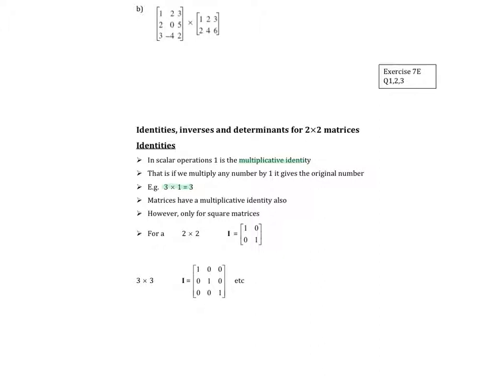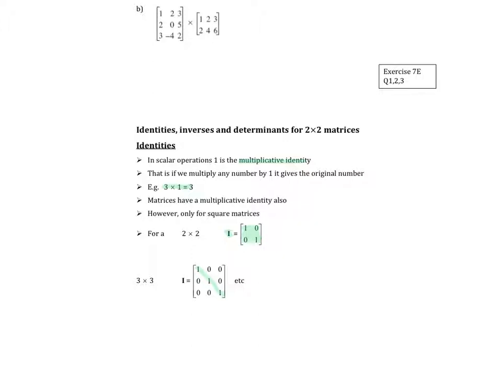So, the multiplicative identity for a 2 by 2 matrix is 1001. All right, that's what we call it, the 1001 matrix, and we give it the symbol I. For my 3 by 3 matrix, you can see that the diagonal of 1s, all right, and the rest of them are 0. So what that means is, if I multiply